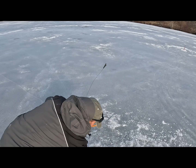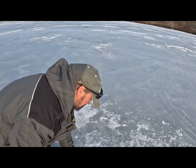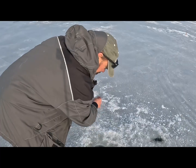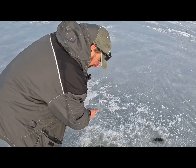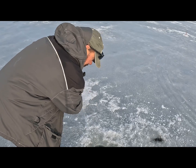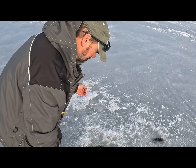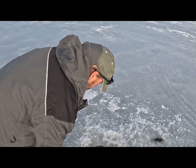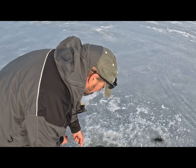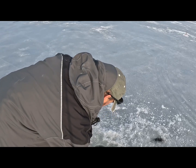Okay, back to the same hole here. I got another big northern on. This is the third northern I've caught out of this hole today. I got perch spawning all around me, and using dead bait, 4-inch dead Arkansas, and I got another 8 to 10 pound northern on here. It's gonna take a big run. It's taken one run so far, but it's definitely gonna take a few more here. Looks like it's getting